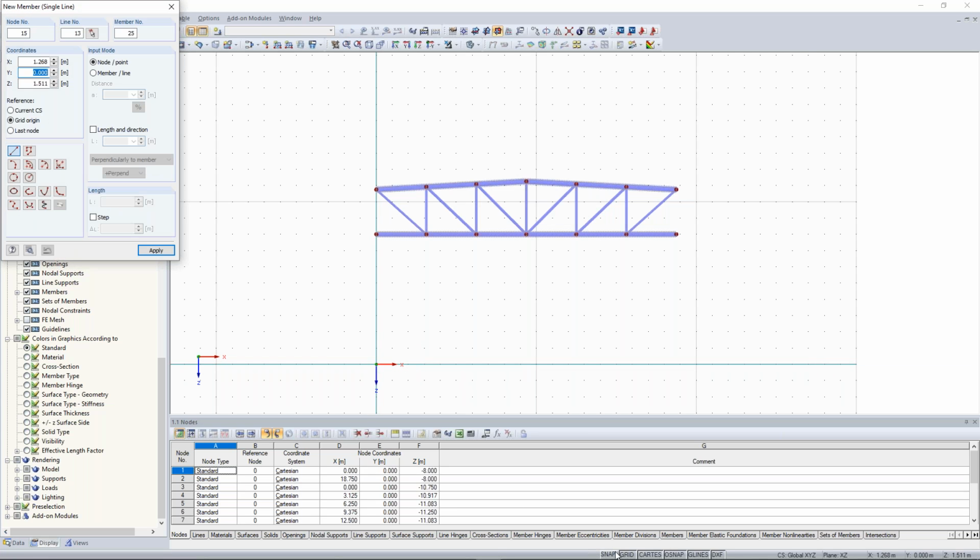I activate here in the status bar the snap function. Sometimes I deactivate it, then I forget to activate it again. Now I activate it, and I draw my column from the bottom to my left upper corner. Okay,